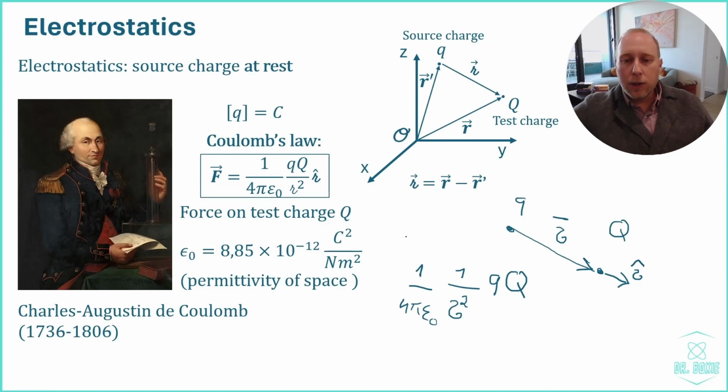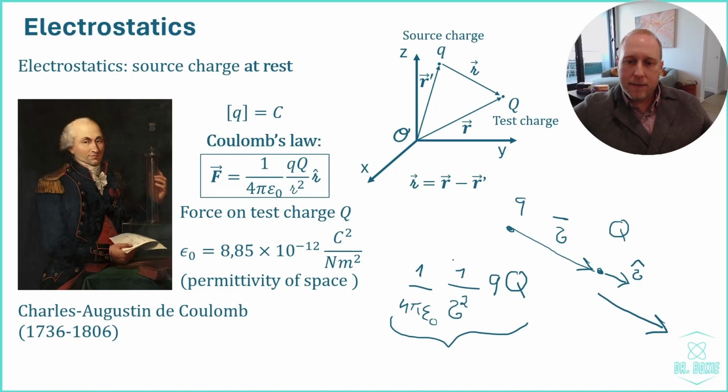If both little q and capital Q have the same sign, both positive or both negative, then this whole expression in front of curly r hat is a positive number, and a positive number multiplied by a vector gives us a vector that still points in the same direction, which means that the force on the test charge points in the same direction as curly r hat,